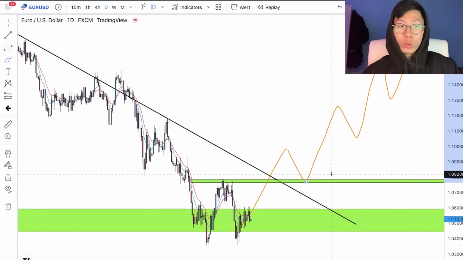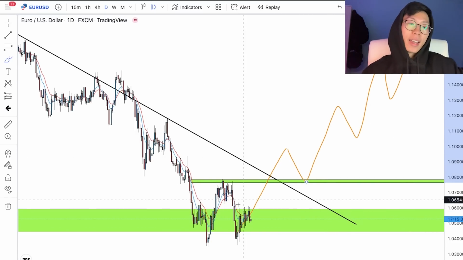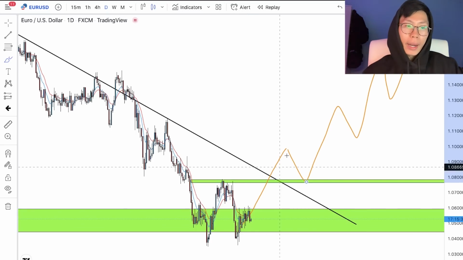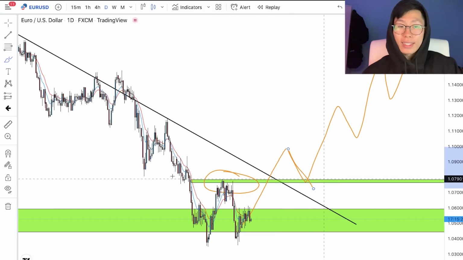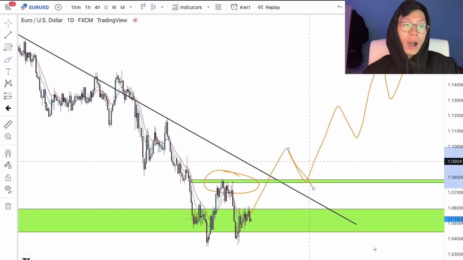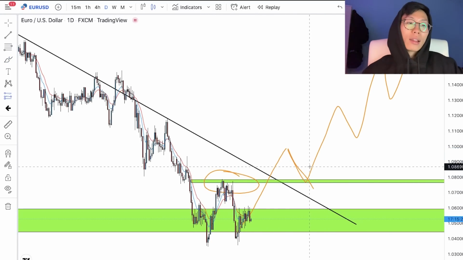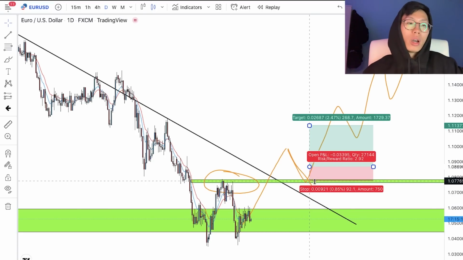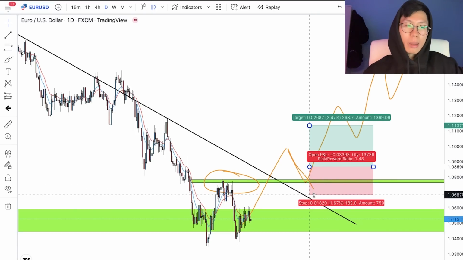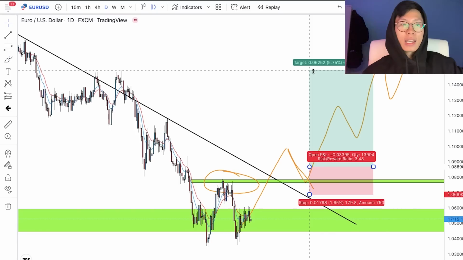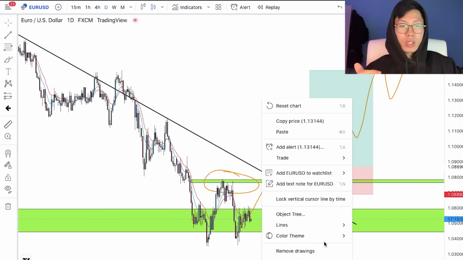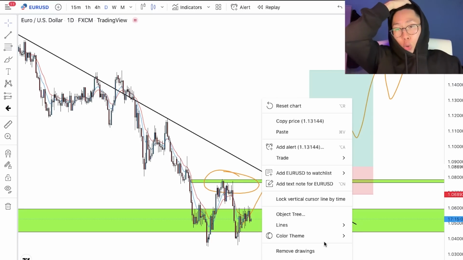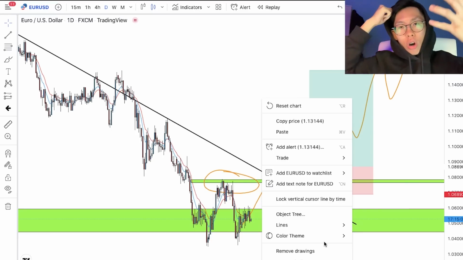So what we want to do if you want to enter for a buy is wait for price to come back up to break this previous lower high, come back down to retest this previous lower high to form your new higher low, and then you can enter for a buy position somewhere around here, and you'll be able to place your stop loss below here, and you'll take profit at the next key level. But until price does that, you should not be entering for a buy position yet, because price has not shown us any real signs of reversal.